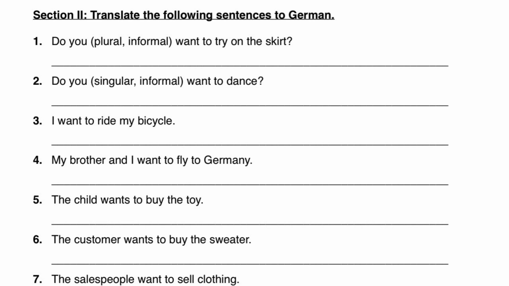So now we have to find out what is our subject. In this case, you. Plural informal means that we have to have the ihr form, so we need ihr wollt. But in this case a question, wollt ihr. Then we need the skirt, which is our direct object, the thing being tried on in this sentence, which is der Rock. Since it's the direct object, we have den Rock, and then we have our infinitive at the end of the sentence, to try on, which we're using the verb anprobieren. The full sentence then is, wollt ihr den Rock anprobieren? Do you want to try on the skirt?